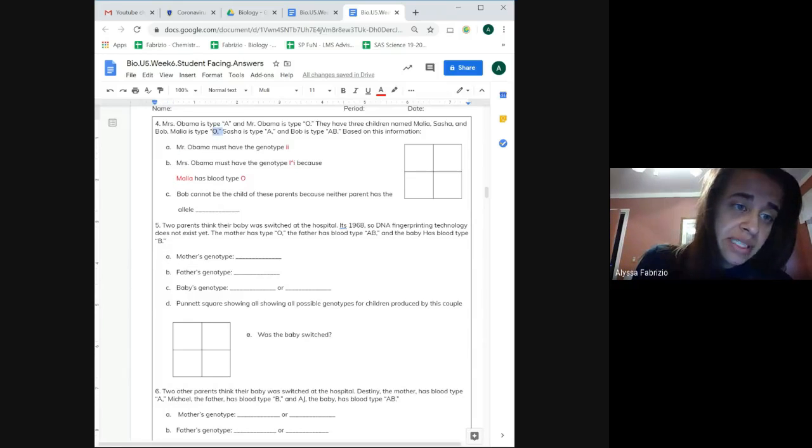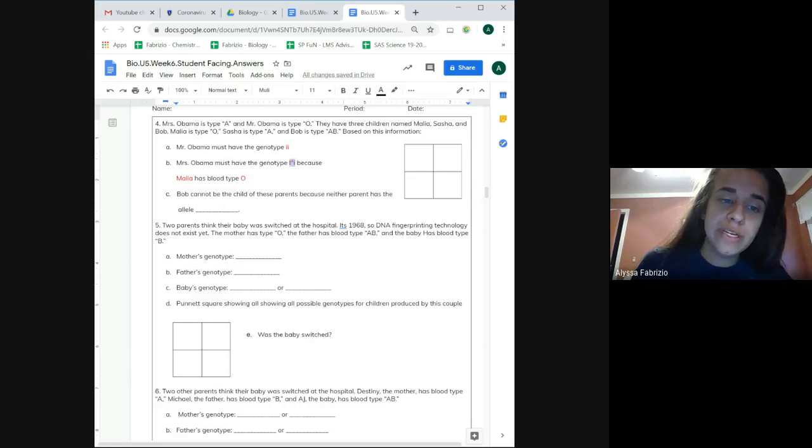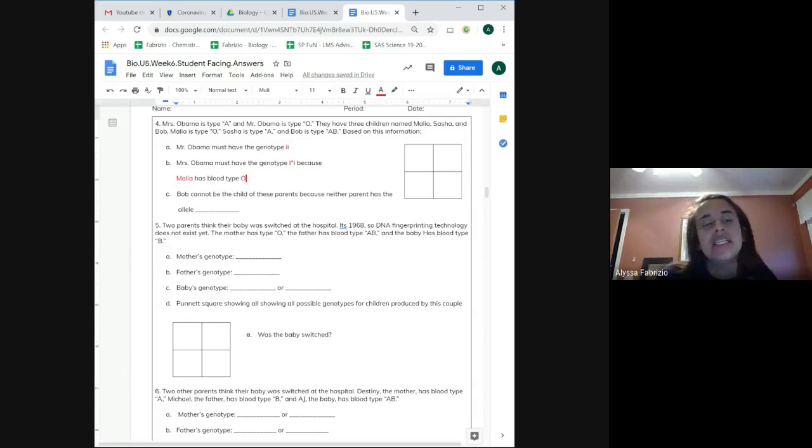So in order for Malia to have blood type O, she needs to get 1 lowercase i from Mr. Obama and 1 lowercase i from Mrs. Obama, meaning that Mrs. Obama must be heterozygous for A-type blood because her daughter has that blood type. And then Bob cannot be a child of these parents because neither parent has the allele. So Bob has blood type AB. Mrs. Obama can contribute an A. Mr. Obama can only contribute lowercase i, meaning that neither parent has a B allele to contribute, because neither parent has the allele